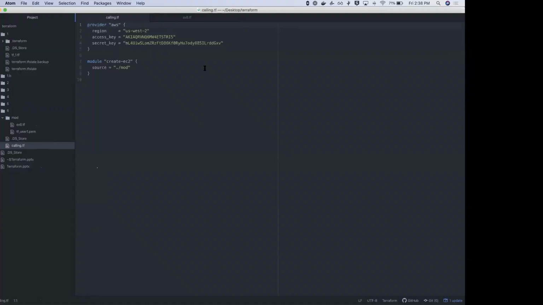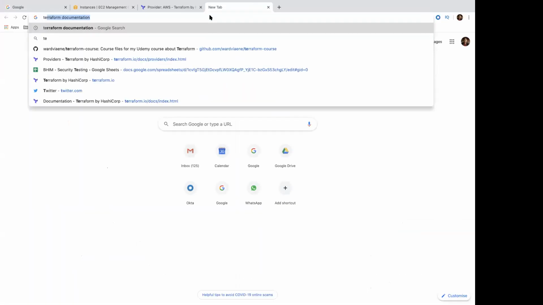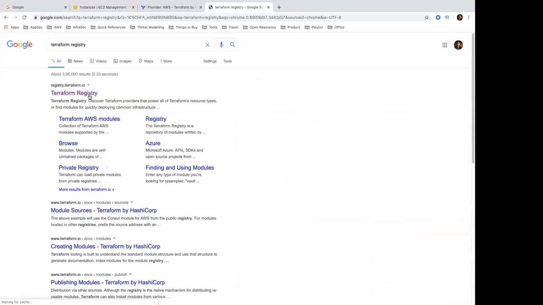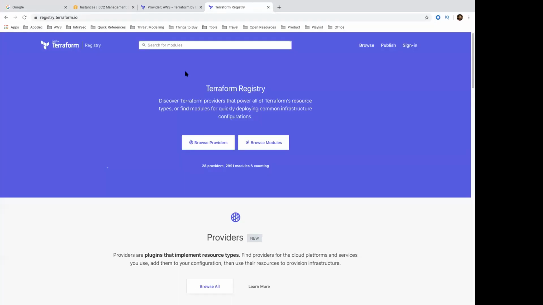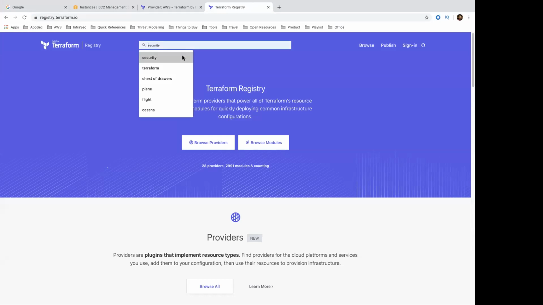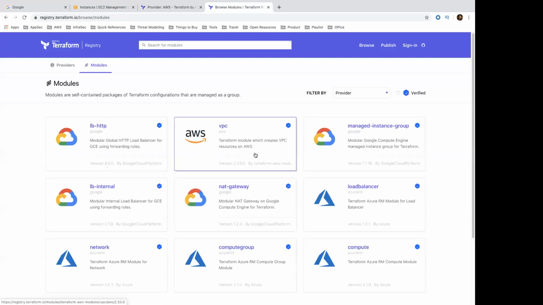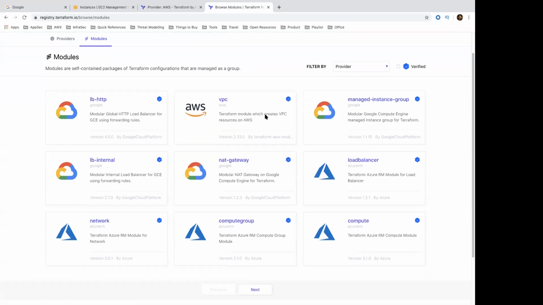One of the examples would be the Terraform registry. If you look at this here, specifically for security, there are a lot of different modules that are present here.